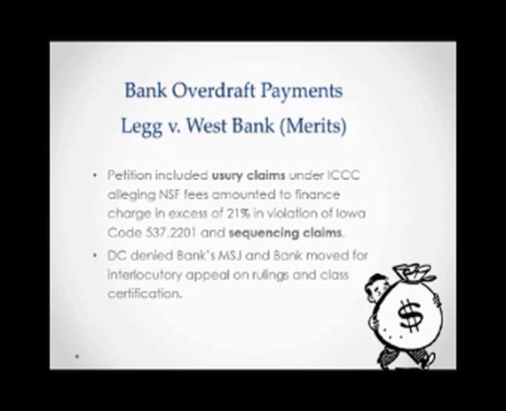The other category of claims was regarding the sequencing. And there was unjust enrichment claimed, and there was also the implied and express duties of good faith that Gary referred to. At the district court level, the bank lost, got a partial grant of summary judgment, but lost on the usury and sequencing claims. So the bank moved for interlocutory appeal, also on the class action certification and on the denial of their motion for summary judgment, which is kind of rare. Usually you don't see an appeal on the denial of a summary judgment because that often doesn't work.